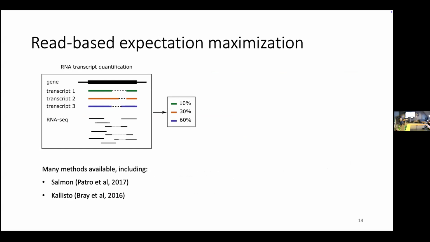Namely realizing that the problem that we're trying to solve is very similar to the problem of RNA transcript quantification, where you know a sequence for a gene, and you know the different transcripts that can appear for this gene.